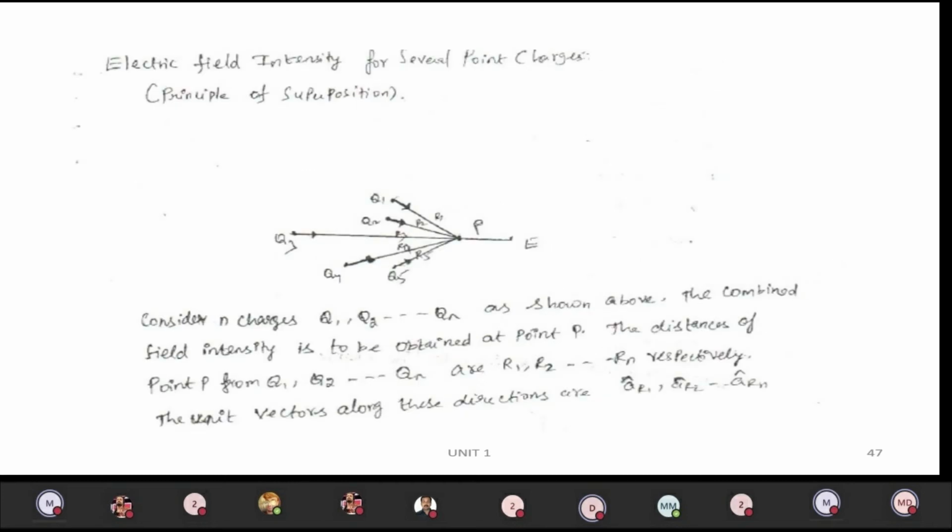The next one we will have is the principle of superposition of charges. If we have more point charges, Q1, Q2, Q3, Q4, Q5, these are the point charges. Assume in front of you, you have many point charges. Because of these charges, what is the electric field on you? That is what is given by this concept.